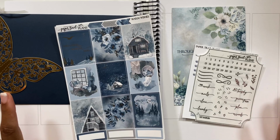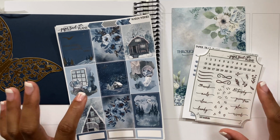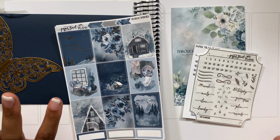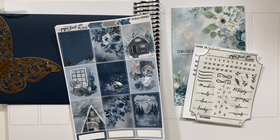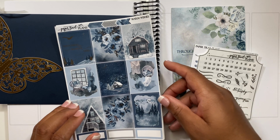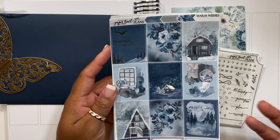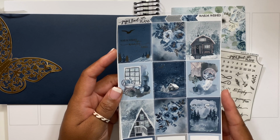And now I am so excited to get to this, because when I saw the sneak peek in their stories, I freaked out and I was like, oh my God, you guys are doing kits. So this is something that is new for them. They are releasing kits for the first time, and they will be available for the first time during their Black Friday sale, which is absolutely amazing. Such a great time to release something new and to give such a great discount